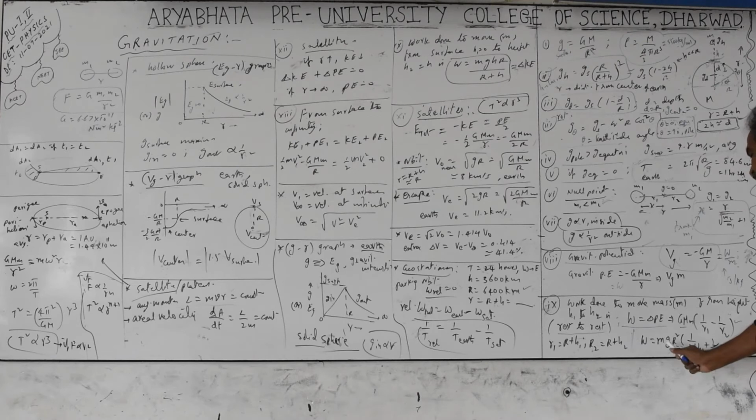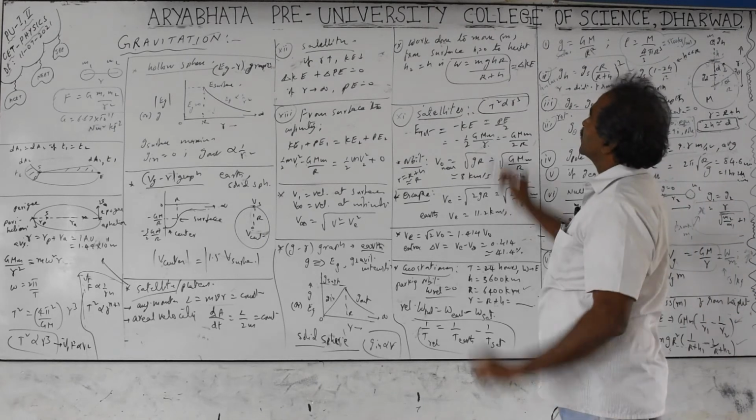If they give it in terms of small g, use this relationship. If they give capital G, use this relationship. But in ratios, we generally do not require it in this case, okay. This part will be cancelled. Next, if you are taking from the surface onwards, from the surface h1 equal to 0, so 1 by R only comes, and this is minus. From the surface means you have to take h1 equal to 0, h2 equal to h.